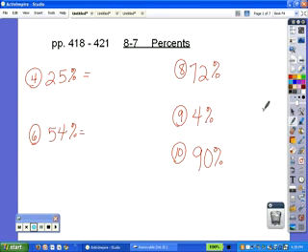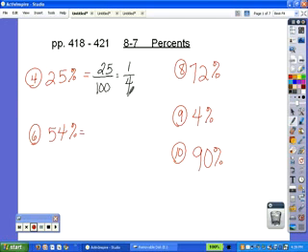Here we're going to start talking about percents. You have to keep in mind that percent means per hundred, or a number out of 100. So when we have to change a percent into a fraction, if we keep in mind 25% means 25 out of 100, that gives us the fraction 25 hundredths. Then we have to see if we can reduce it, because the directions do ask us to put the fractions in simplest form. So we have to divide 25 and 100 both by 25,